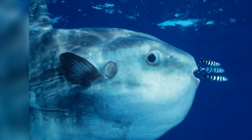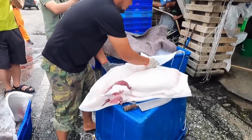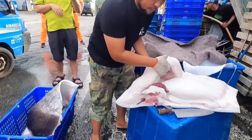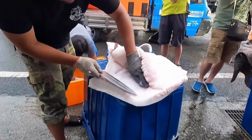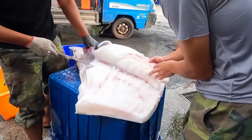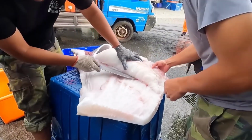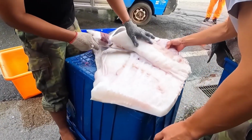Here are a few ways the Japanese prepare ocean sunfish. Nabe, a hot pot. Nabe is sometimes made from ocean sunfish, a Japanese hot pot. The fish is sliced into small pieces and cooked with onions, mushrooms, and other seasonings in a delicious broth. Because the ocean sunfish meat is delicate and does not have a pronounced fishy odor, it's often appropriate for light